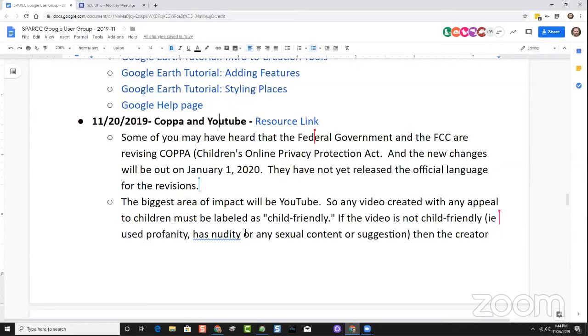And once it's labeled as child friendly, then a lot of things are going to get turned off for that video. I don't remember all of the things that get turned off for it. I think commenting may even be one of the things that gets turned off, because it's labeled as a child friendly video. But I do know